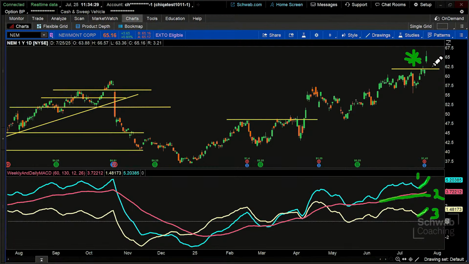So a breakout with increasing momentum over two different time frames could be a more confident entry, but never a guarantee, but a more confident entry into a breakout than just simply looking at price breaking out by itself, or simply looking at price breaking out relative to something like an RSI over a single time frame. So we're combining these two technical indicators to give us some confirmation of that or some confidence in that.